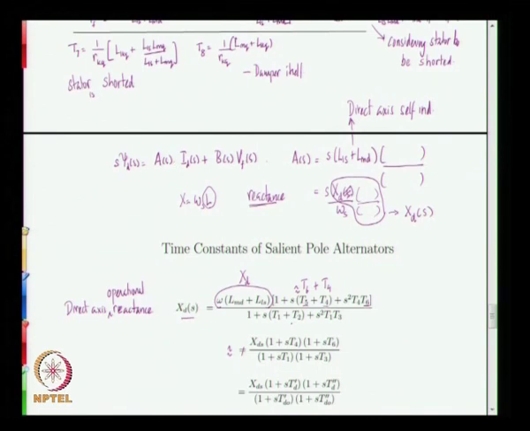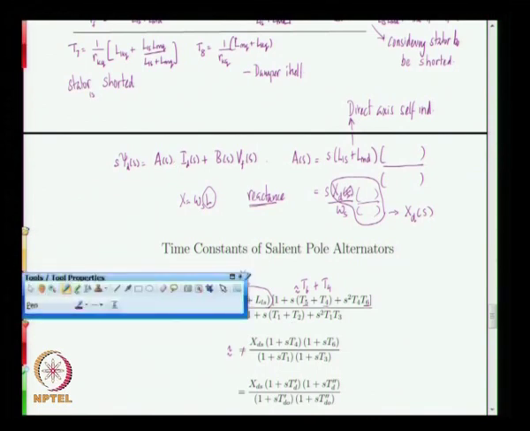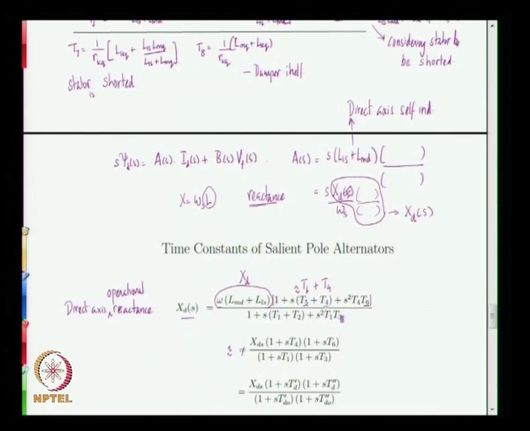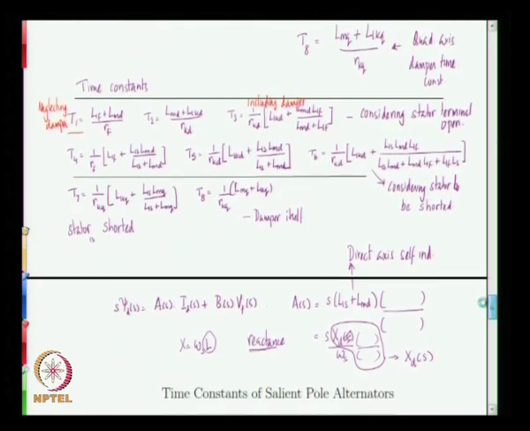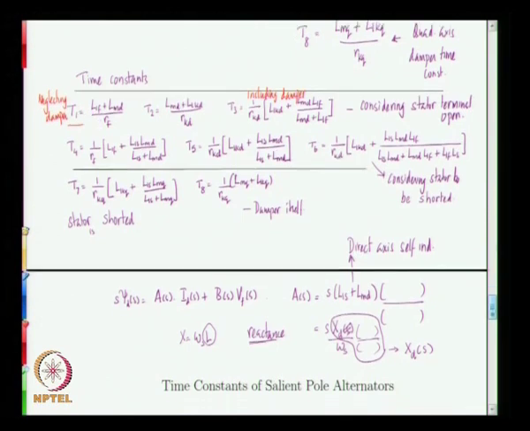Similarly, if you look at the denominator, you have S square T1 T3 and T1 plus T2. So let us look at the terms T1, T2 and T3. Here you find that T2 and T3 contain RKD in the denominator, whereas T1 contains RF in the denominator, and therefore because RKD is much larger than RF, both T2 and T3 are quite small compared to T1, and therefore